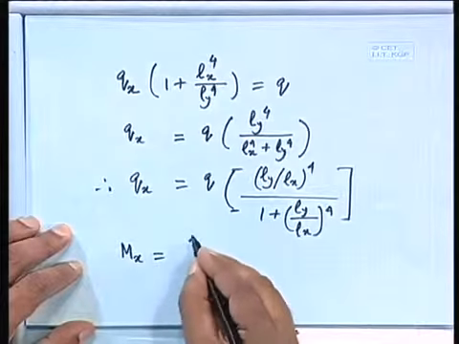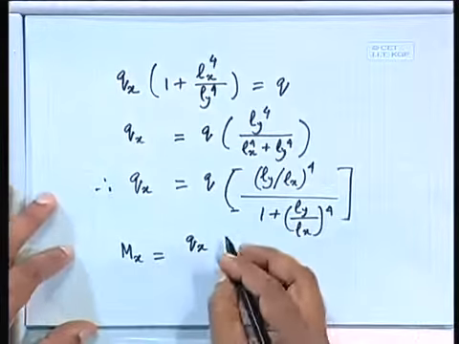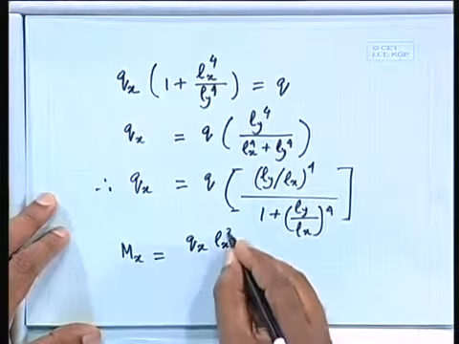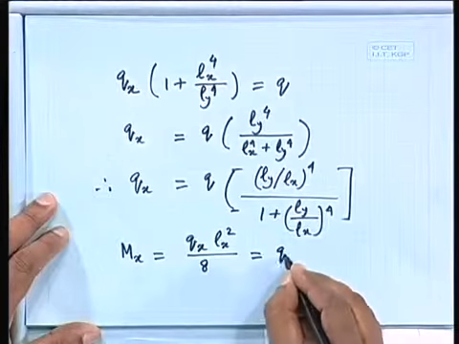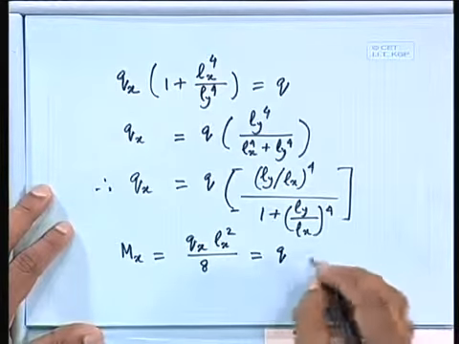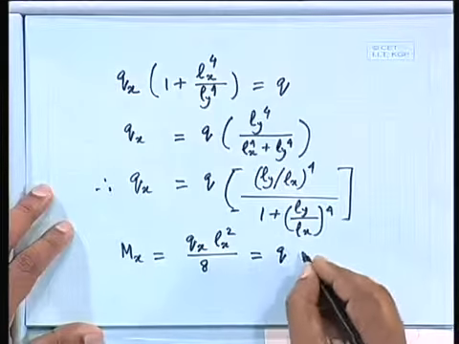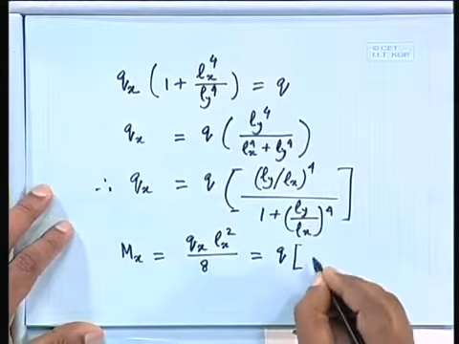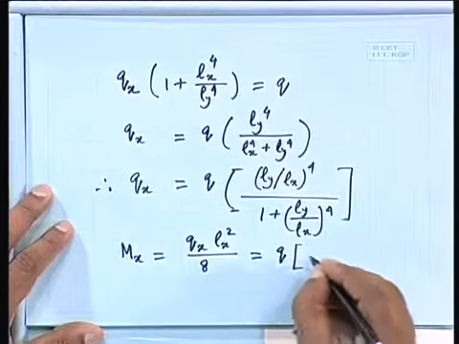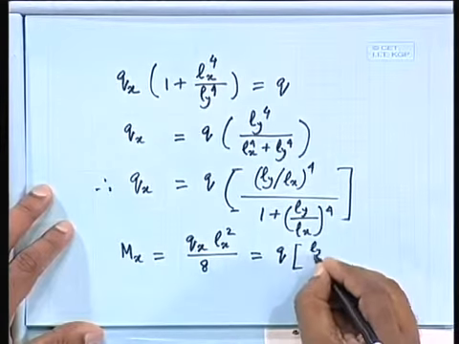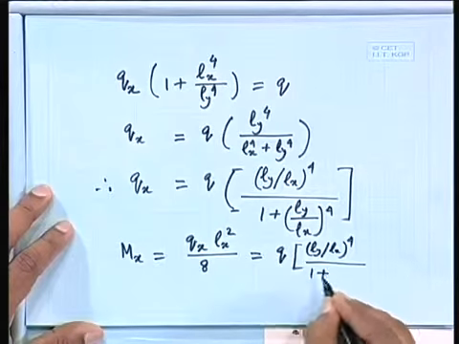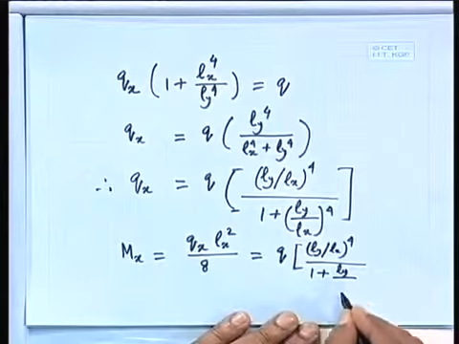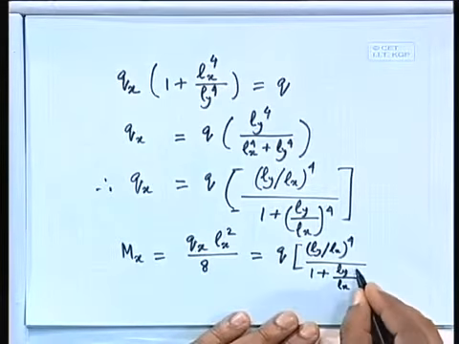The moment Mx equal to Qx Lx square by 8 equals Q times, we can write down the whole thing. So here we can write Q times Ly by Lx to the power 4 by 1 plus Ly by Lx to the power 4